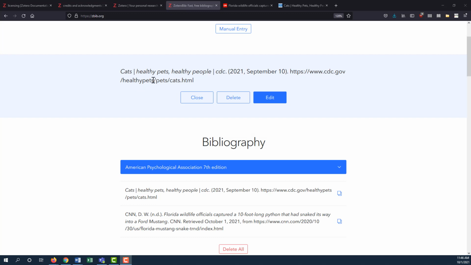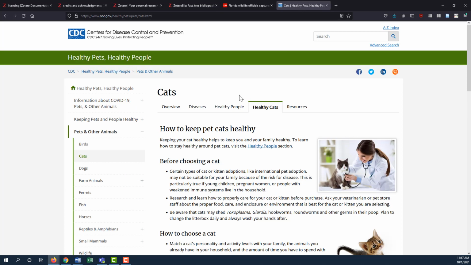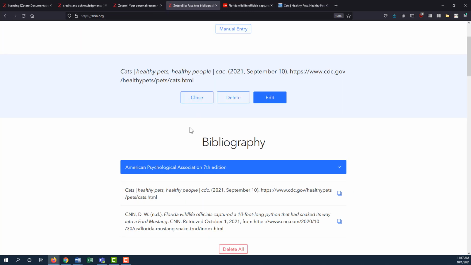Since there is no personal author, Centers for Disease Control and Prevention should be in the author slot. The date following that should say ND for no date. The italicized web page title following that should say How to Keep Pet Cats Healthy, as it says on the original web page, not what we see here. Since there is not actually a publication date, this citation should include a retrieve from date before the URL.